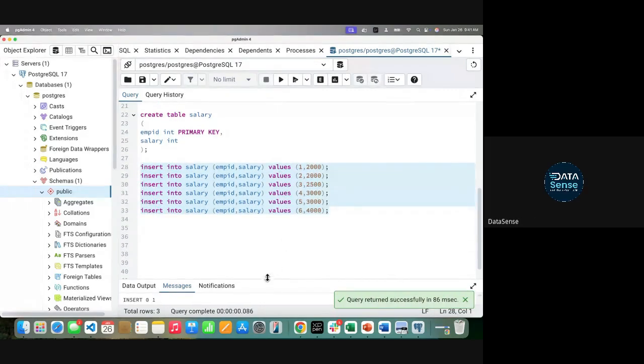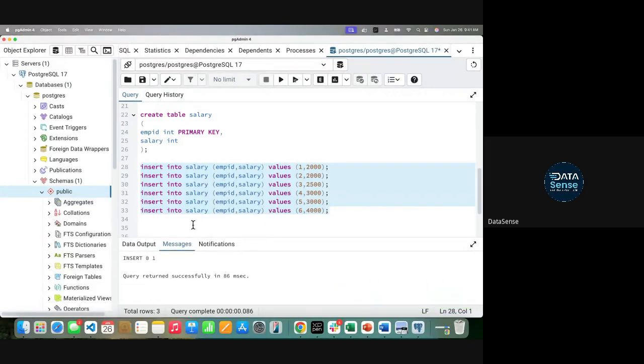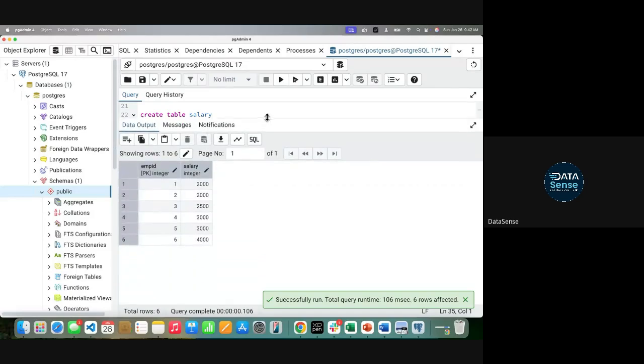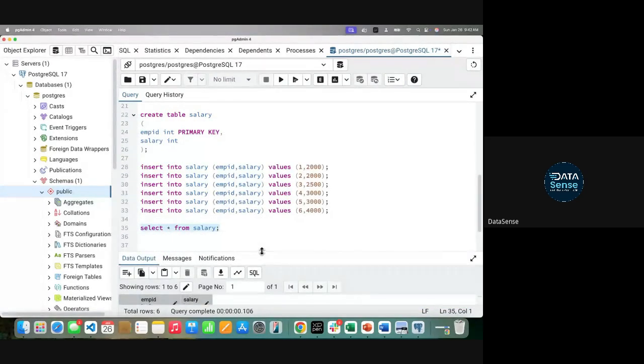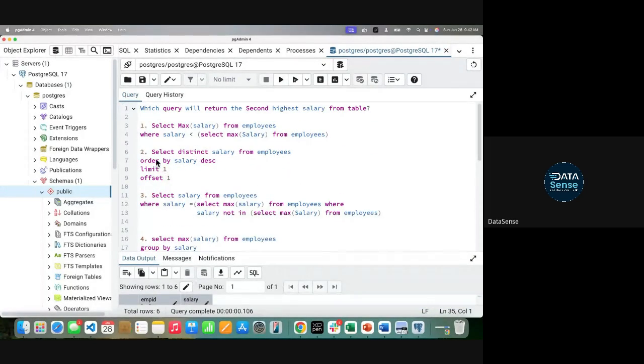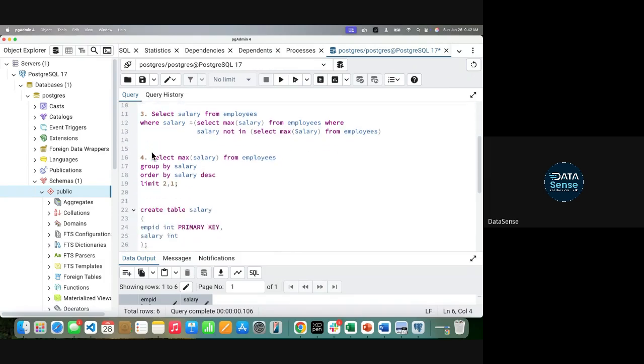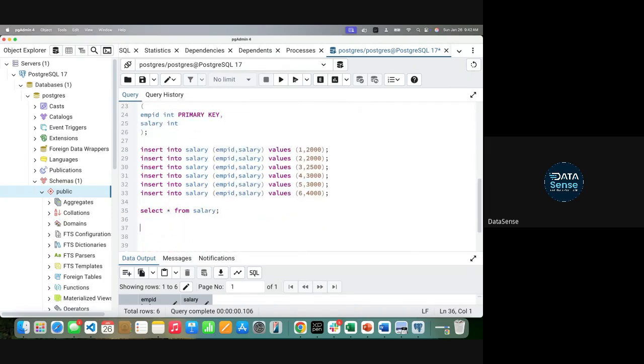Now let me do select star from salary. Let's test it out. Now we're talking about query number 2: select distinct salary from salary order by salary descending. Forget about limit for now.